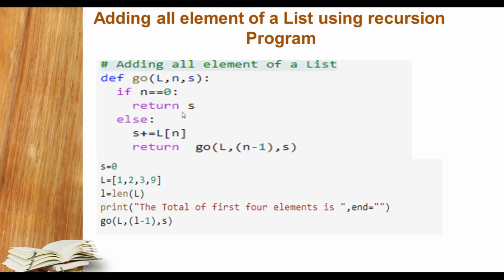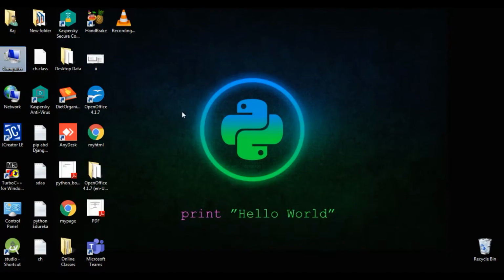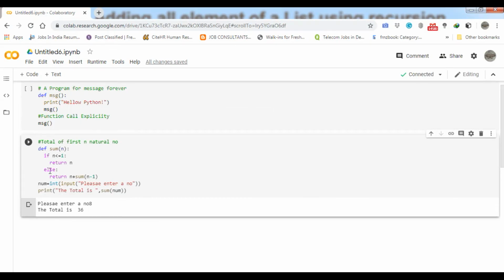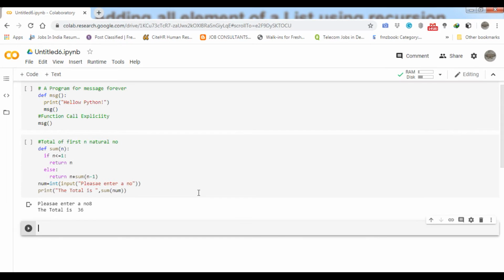So student, we have to do it practically now. How to do that? We have to open Google Colab. In this I will add a particular cell, that is code, and I am going to add the elements of a list. So what I have to do, student, is add here a comment,